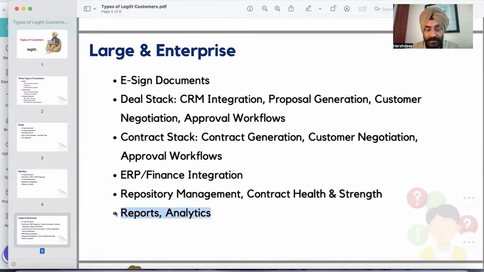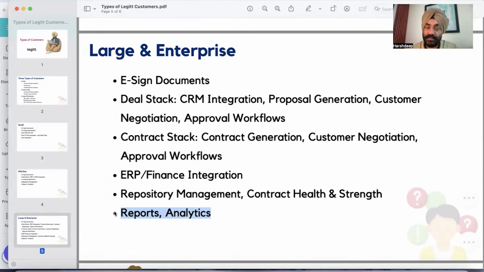And yes, these customers require very detailed reports, very detailed analytics, and with Legitt AI we can create custom dashboards for the customer. We can create very appealing and insightful graphs, pie charts, and any kind of graphic representation that you want.